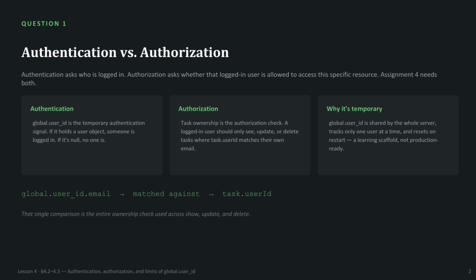So, what is the difference between authentication and authorization? Authentication asks who is logged in. Authorization is asking whether that logged in user is allowed to access any specific resource. And in this assignment,